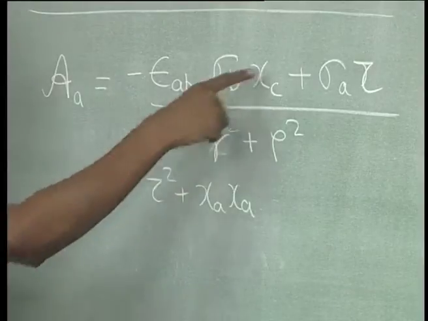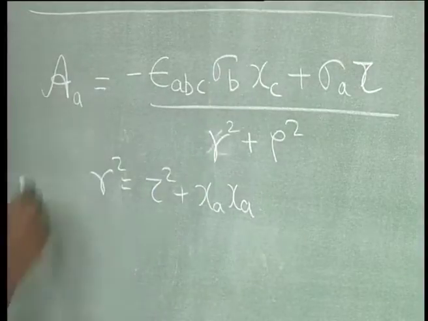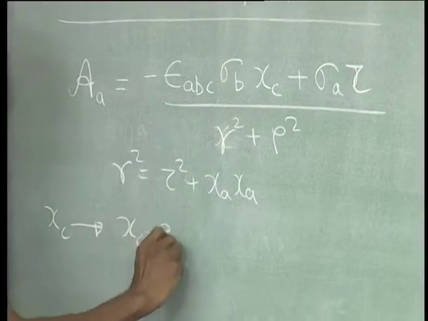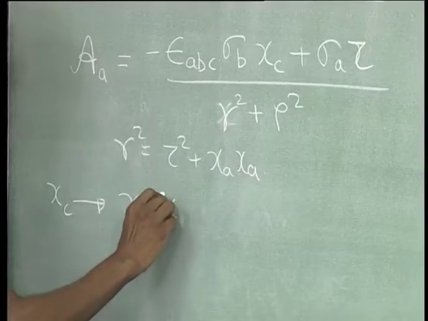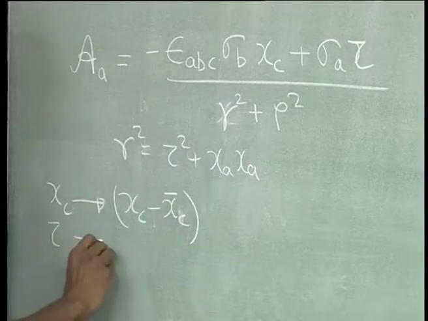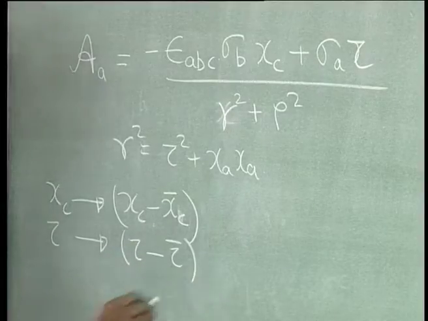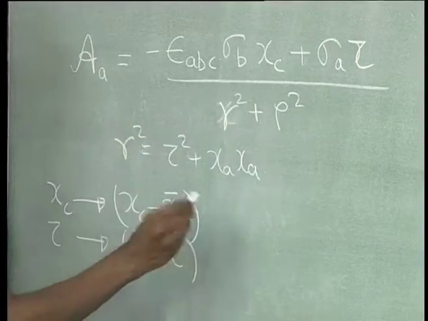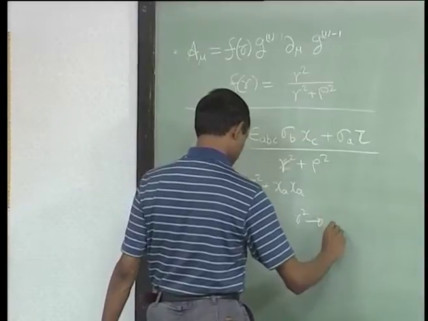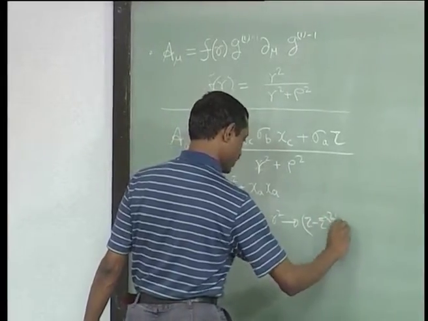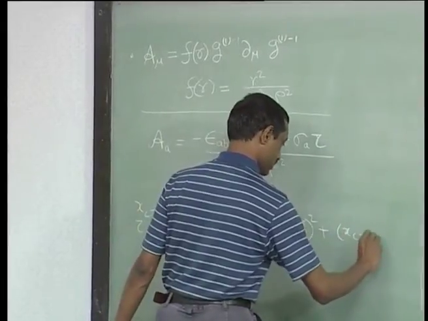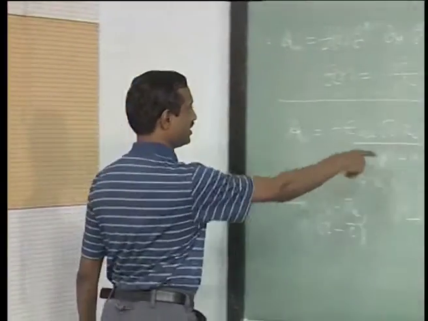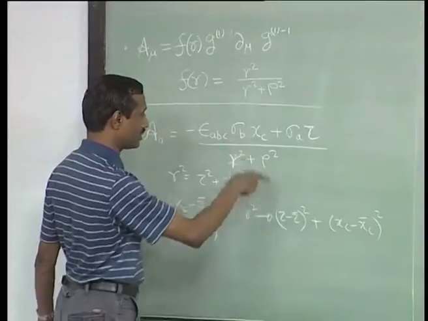So the point here is that we could always do the following thing. This can be generalized a bit, which is to just say wherever we saw x c, we replace it with x c minus some x bar c, and tau by tau minus some tau bar. And of course r square will also get shifted appropriately, so r square will also become tau minus tau bar whole square plus